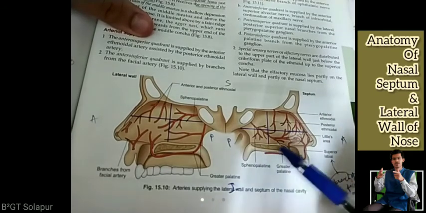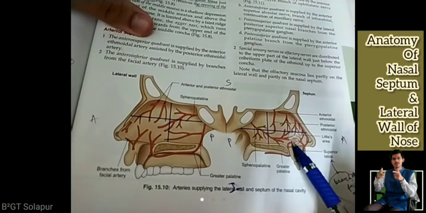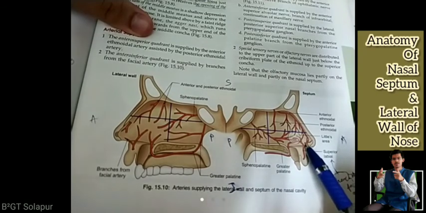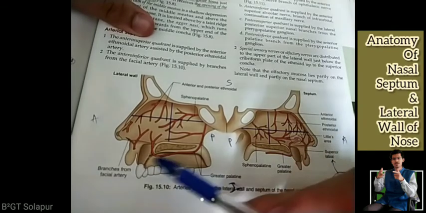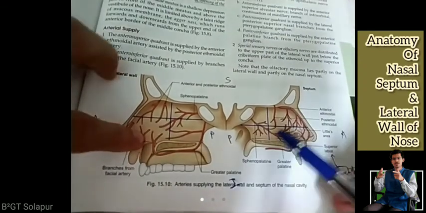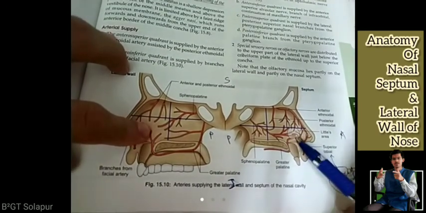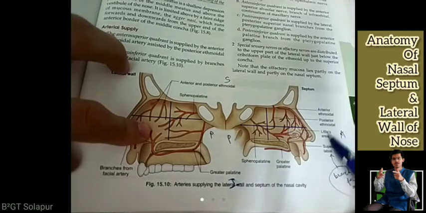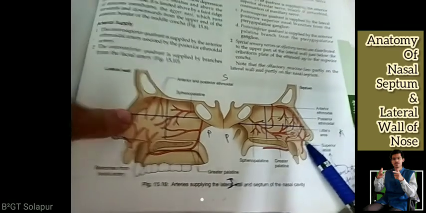Now you come to the lower part. See this superior labial artery which is a branch of facial artery. This one, can you see? Superior labial artery, it's a branch of facial, now, facial artery, sorry. This also, this quadrant, branches of facial artery. Means what? This quadrant, both are supplied by branches of facial artery. Which quadrant? Antero-inferior. Antero-inferior supplied by branches of facial artery in septum as well as lateral wall of nose.